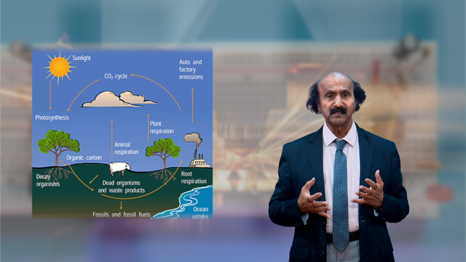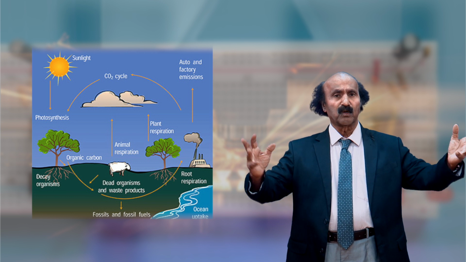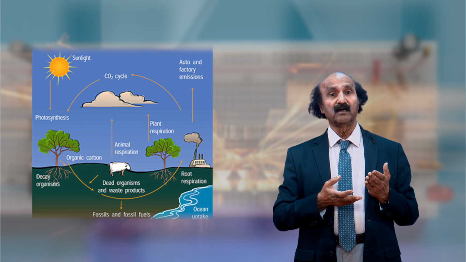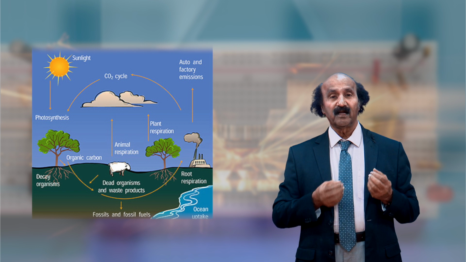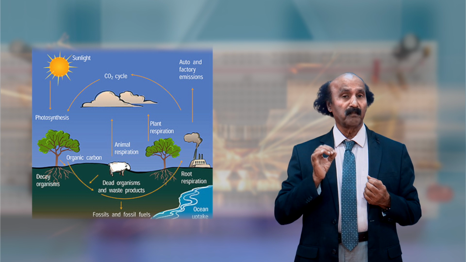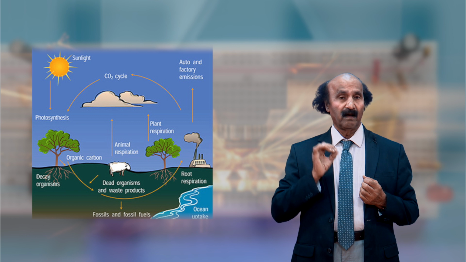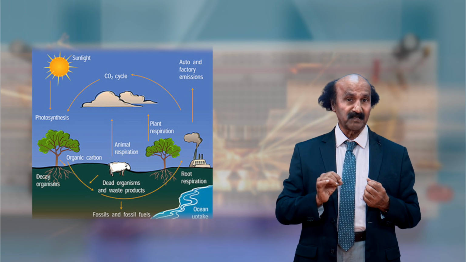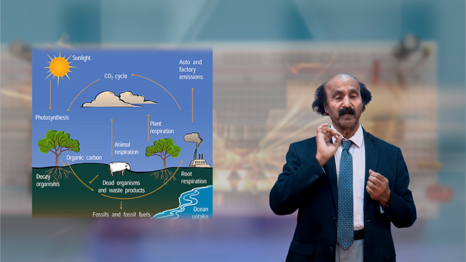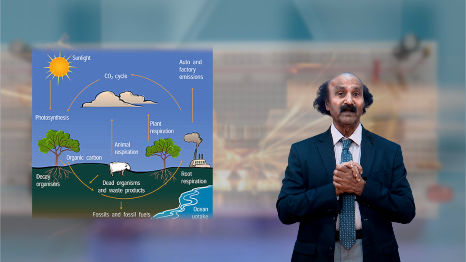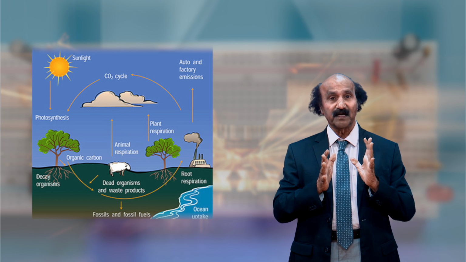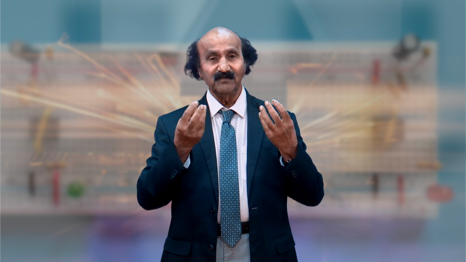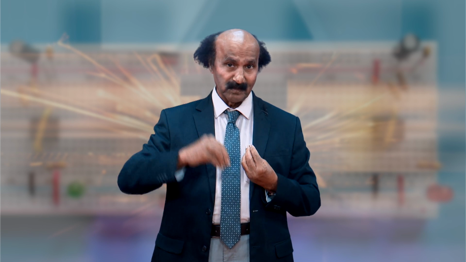It is not that within a day or two you will have a temperature go from 36 degrees to 39 degrees. It will slowly go up over a period of 100 years. There would be an increase in average temperature of about 1.5 or 2 degrees, not more. Even then, this will upset the ecology. This is very touchy, very sensitive for the atmosphere.